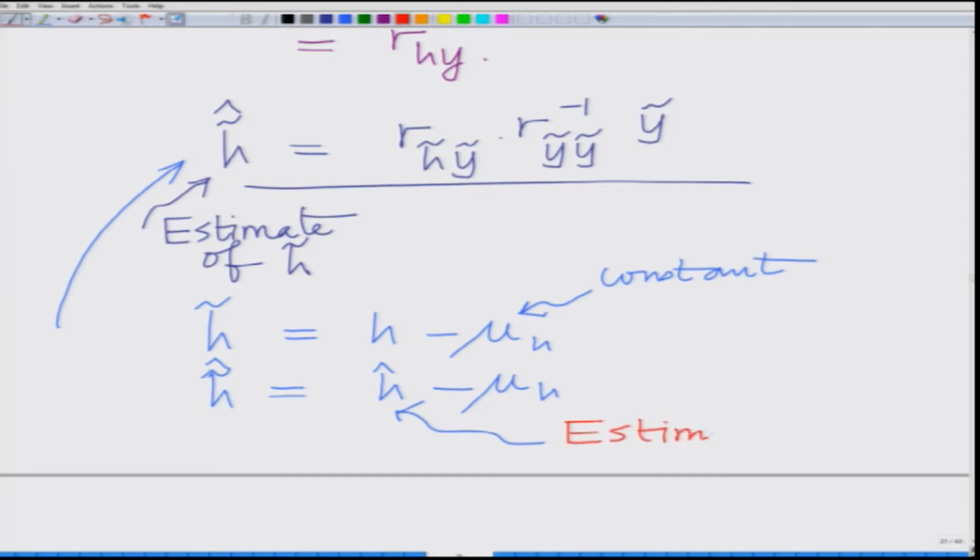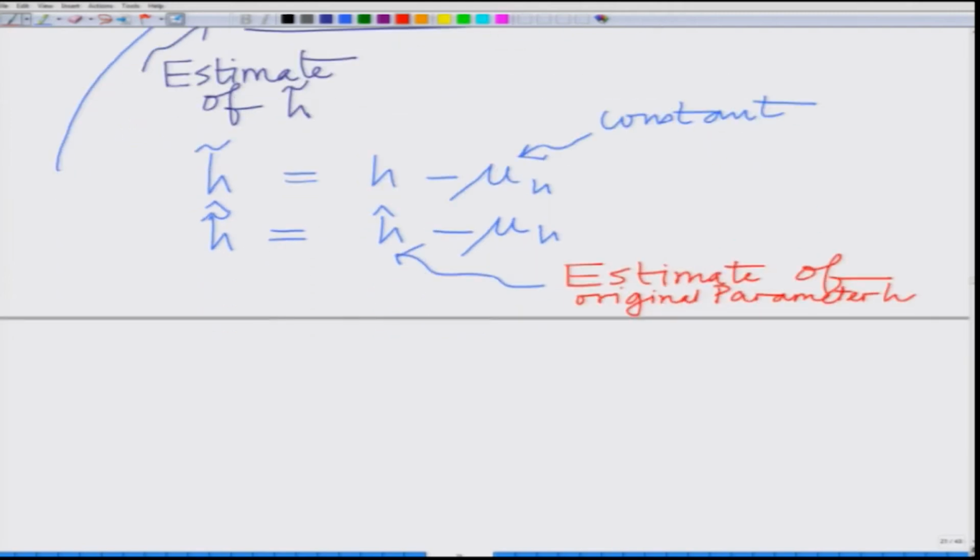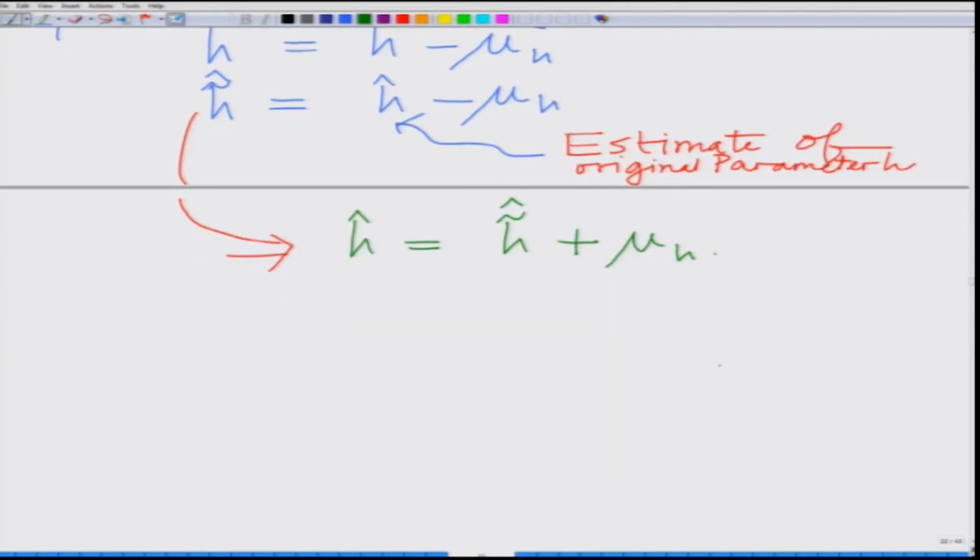There is a simple relation. The estimate of the original parameter h is h tilde hat, which is h hat minus mu h, which also implies, rearranging this, that h hat equals h tilde hat plus mu h. We have that simple relation. Now, substituting this, we have h tilde hat equals